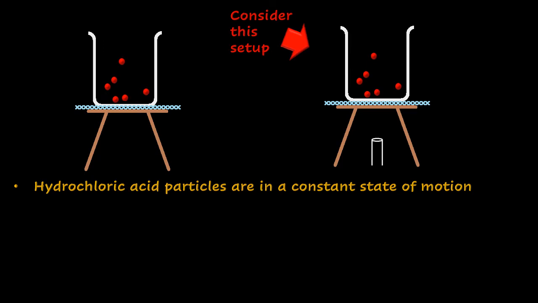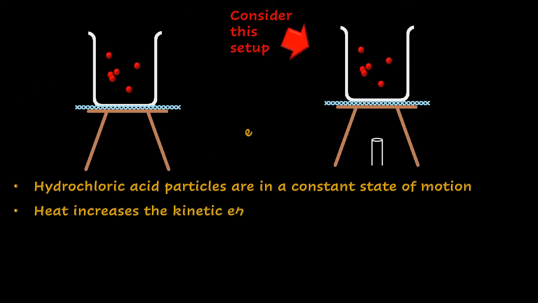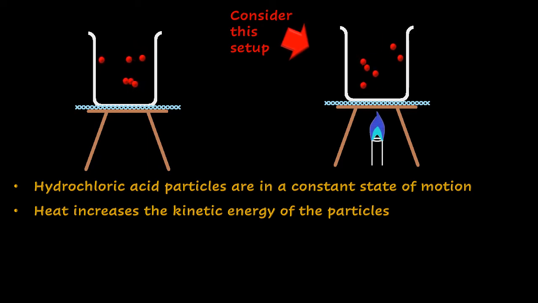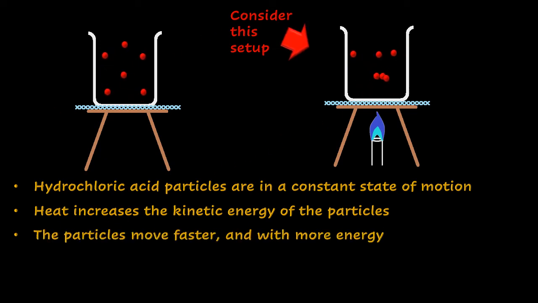However, when we begin heating up one of the setups, the particles begin to move more rapidly. Heat is a form of energy, and it therefore adds energy to the particles. So with this kinetic energy, the particles begin to move faster and with more energy,